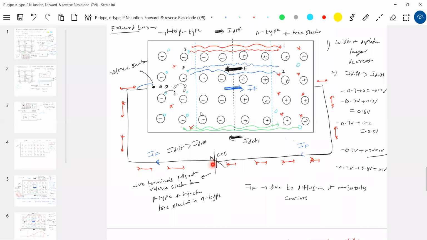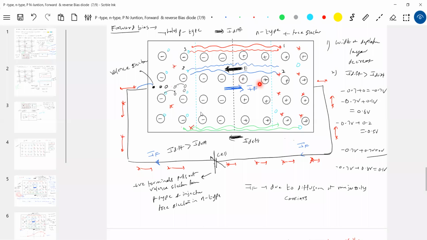Sir, why don't you explain in terms of holes? Yes, I'll explain the hole also. This I took electron, now the hole. So here what happens? This positive terminal will pull the valence electron. So here one hole is formed. Now this valence electron will jump here, so the hole will jump to this. The valence electron from here will jump, the hole will come. And this hole is having sufficient energy, it will move like this.